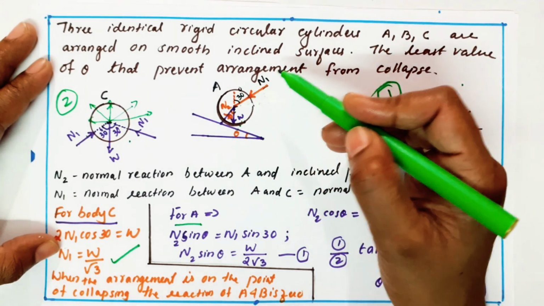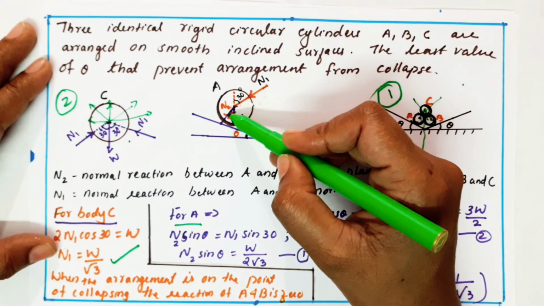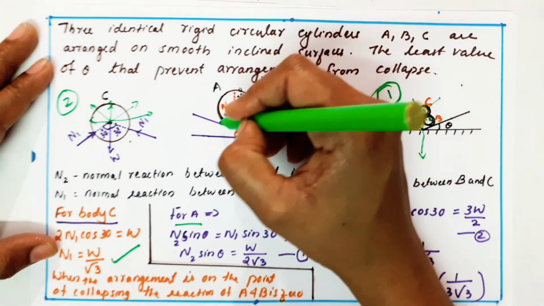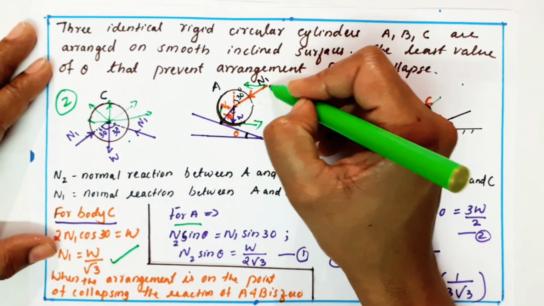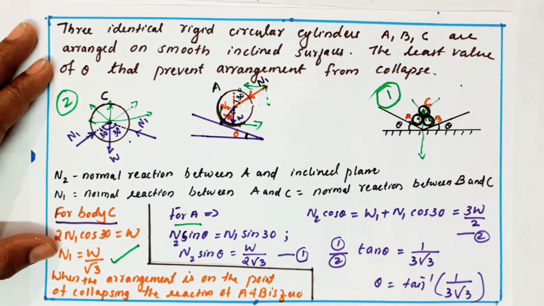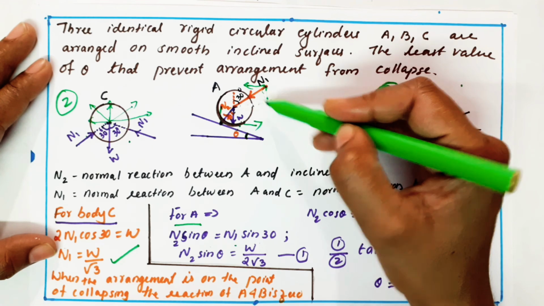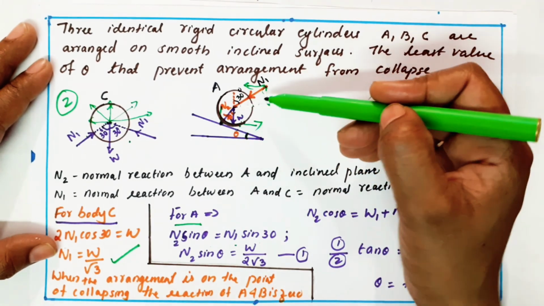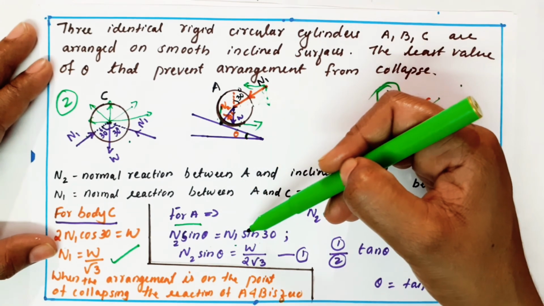Here also we can resolve it into two components, but we don't know what the angle theta is. So when you resolve this N2, we also get two components, one in the horizontal direction and the other in the vertical direction. Right? So we will write N2 sin 30 is equal to N1 sin 30. N1 sin 30 means which component? This one. The opposite component will be there, so we can equate these two. N2 sin 30 is equal to N1